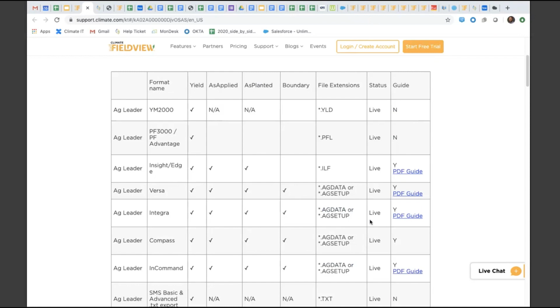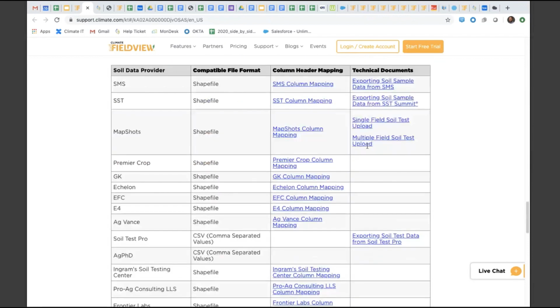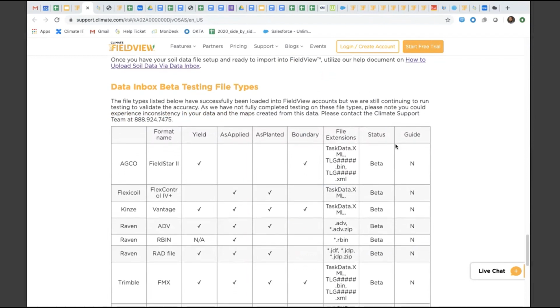And then we have what's called the status column here. You'll notice all of these say live. So that means that our engineering teams have successfully gone through the process of uploading data from those monitors without any bugs or issues. And just, I want to point out, if you scroll down to the bottom, you'll notice,